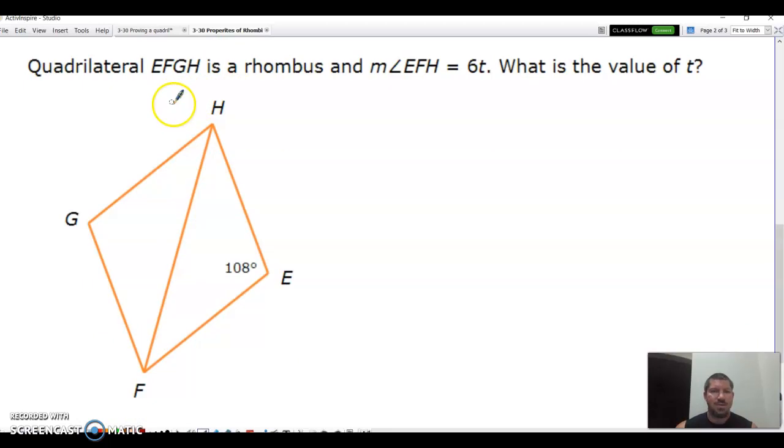Okay, so it says quadrilateral EFGH is a rhombus, and the measure of angle EFH, so EFH, that's this one, equals 6t. What is the value of t? So I know that this is 6t, which also means I know that this is 6t, and we know that this is a triangle. So 6t plus 6t plus 108